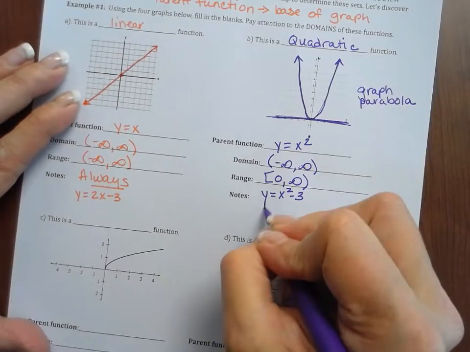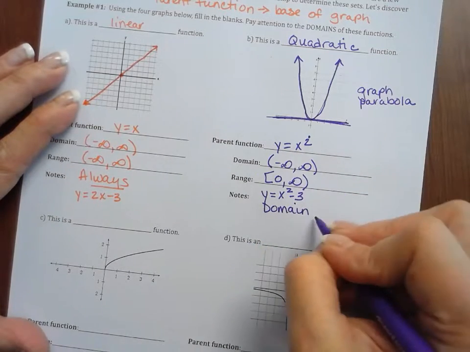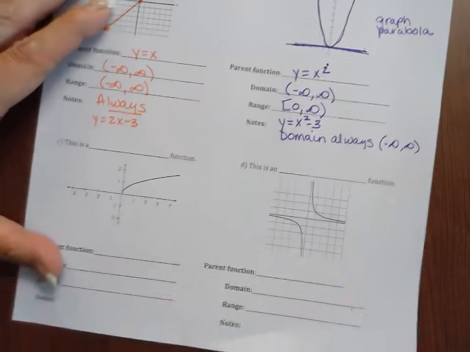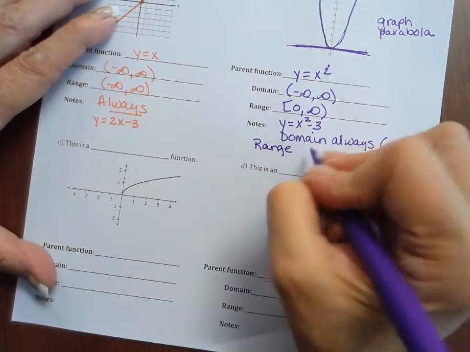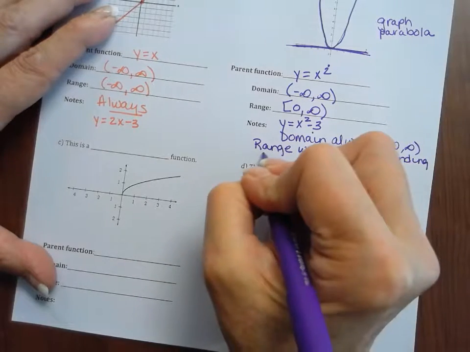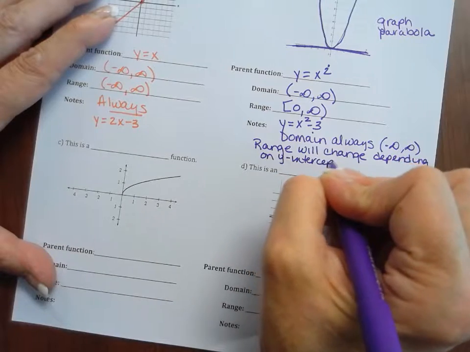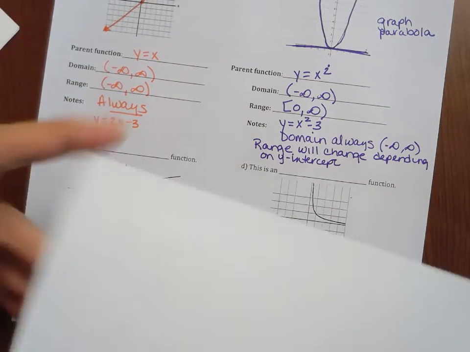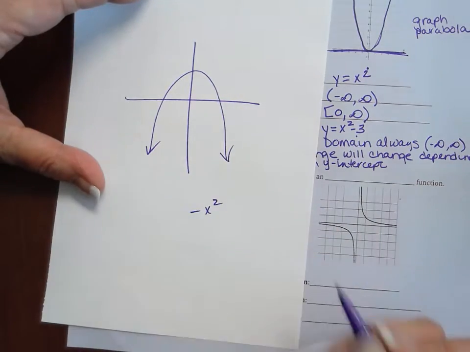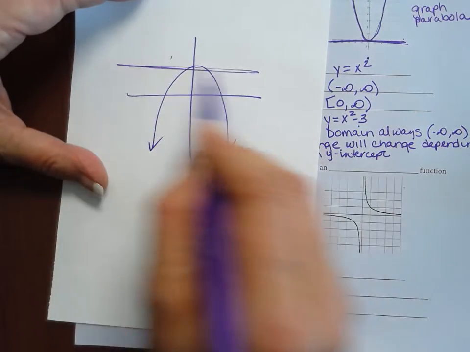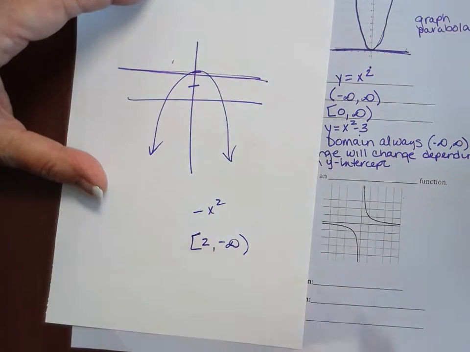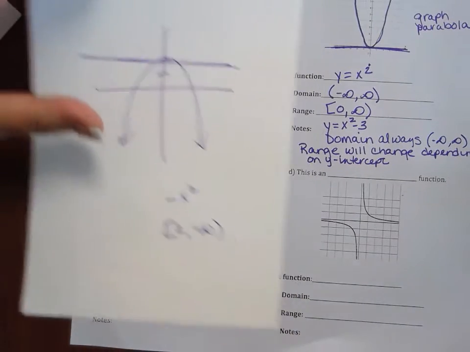Okay, so we can say your domain is always negative infinity to infinity, but the range will change depending on the y-intercept. And what else? If I had one that was a negative x squared, where now my range is going to come from here, and now I'm going to be going, let's say this is 2, I'm going to go to a negative infinity. Okay? So it depends on your y-intercept,